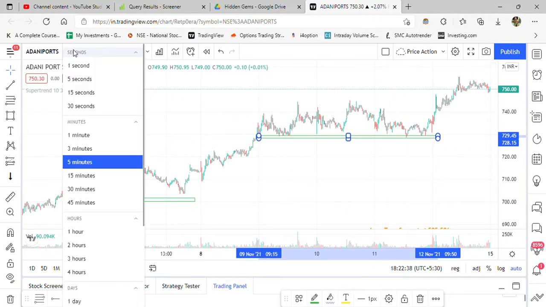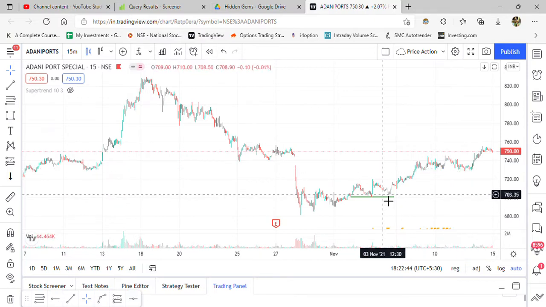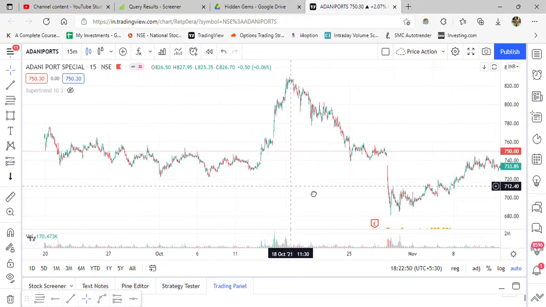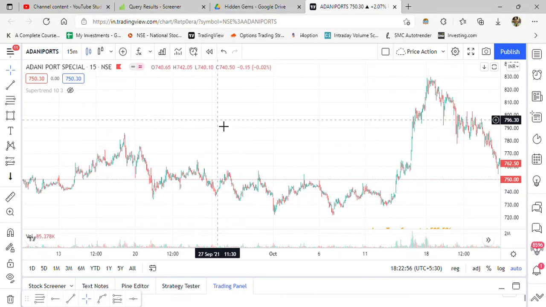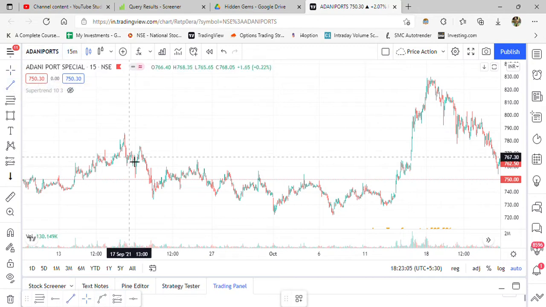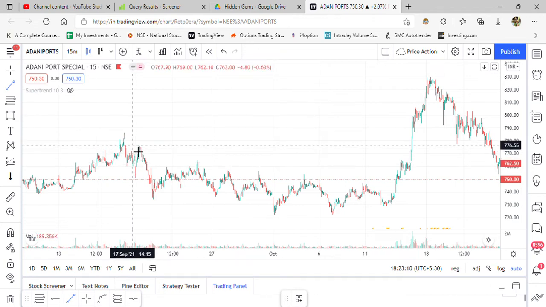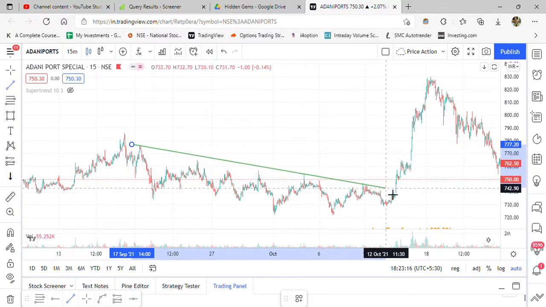Okay, so if we go to a little higher time frame and we will just check. Now I will start with how to do the trend line marking. You can do it on a 15-minute time frame, you can do it on a 5-minute time frame. When you mark a trend line, you have to mark it touching at least 2 to 3 points. So if I mark it here,